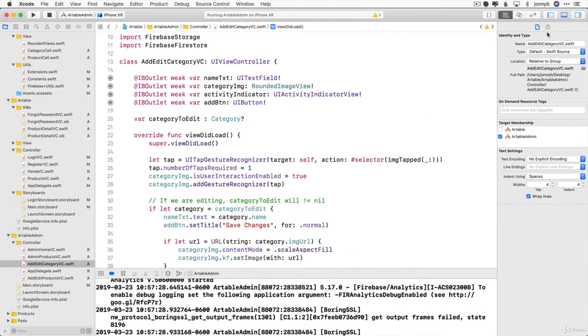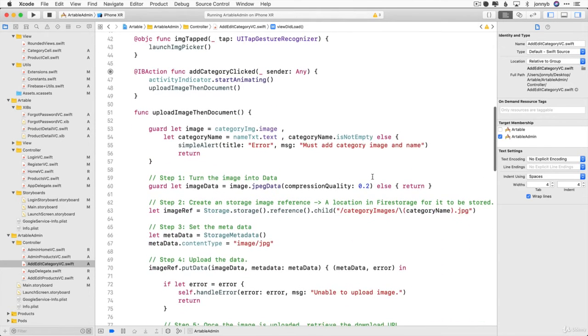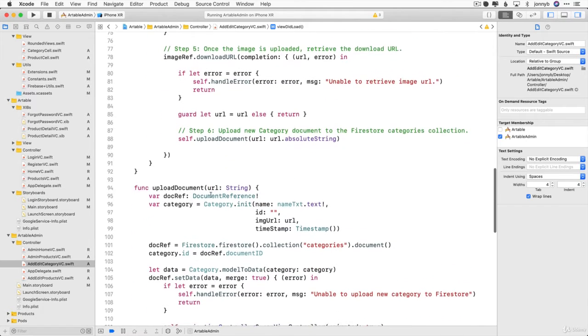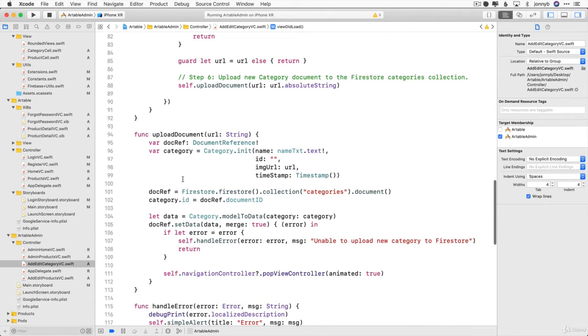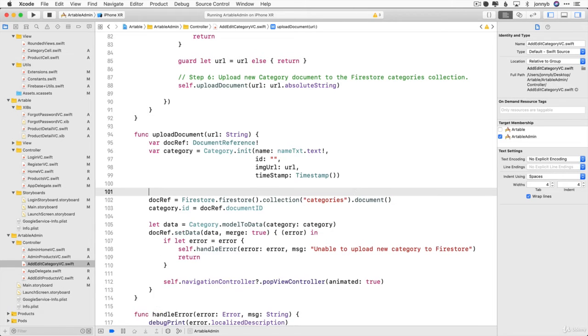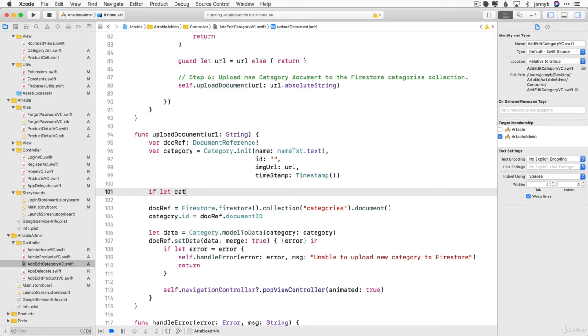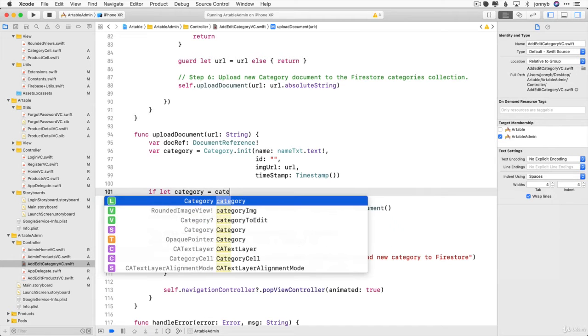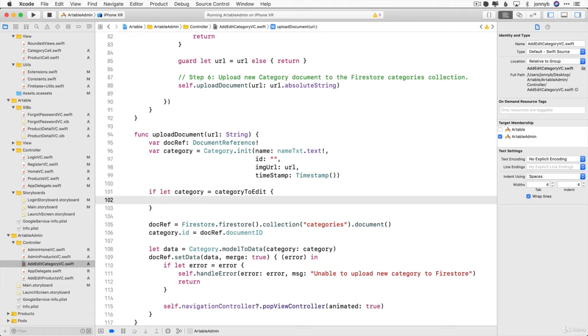So the next thing that we need to do to actually make it update the category is change here in the upload document where it is saving the new document to. Right now, our document reference is creating a new document. What we need to do is do a check to see if we're editing, and if we're editing, then our document reference needs to be pointing at the same document that was previously created. And so to do that, we can say if let category is equal to category to edit. So in this case, we are editing, else